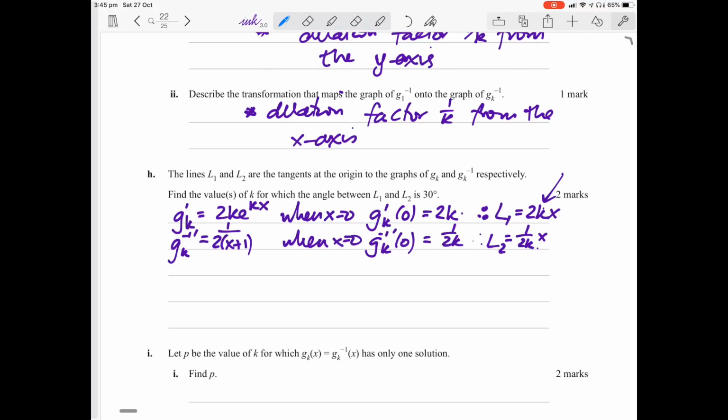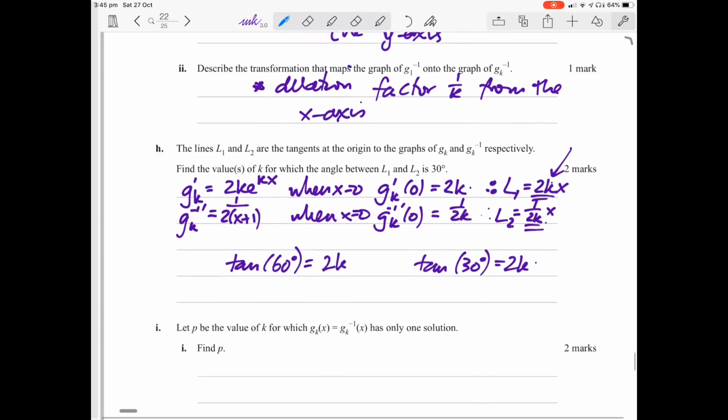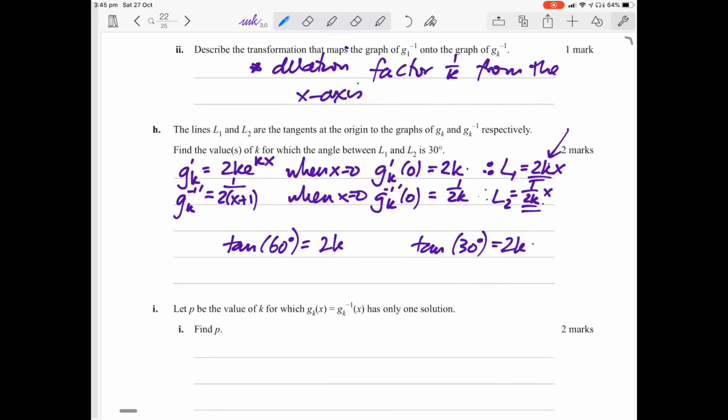So we can say our gradient, 2k, tan of 60, because one's got to be 60, the other one's got to be 30, has to equal 2k, or tan of 30 has to equal 2k. That's because if this is 60, that one has to be 30, and the angle between them will be 30 degrees. There's no other time that it'll occur